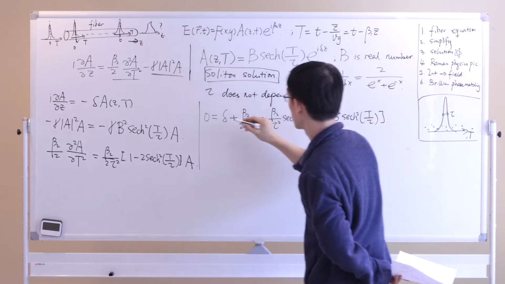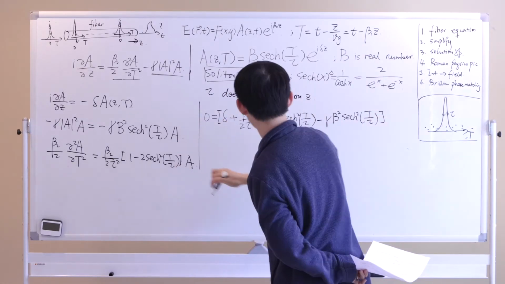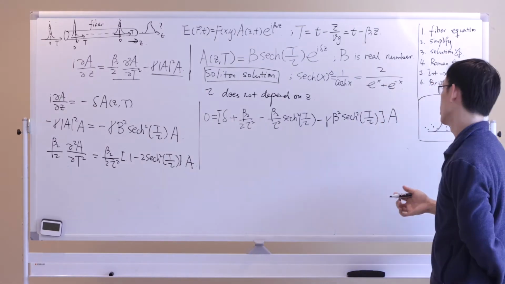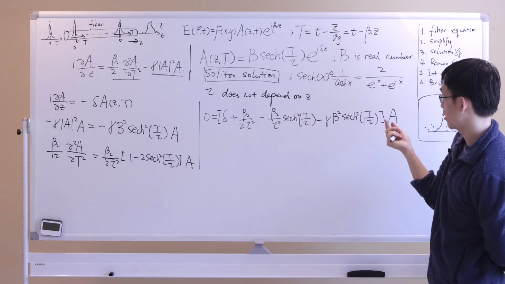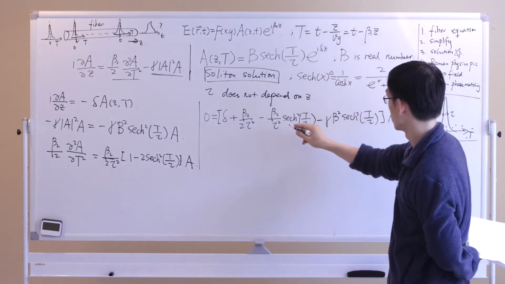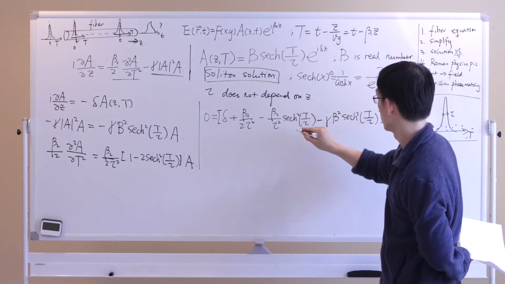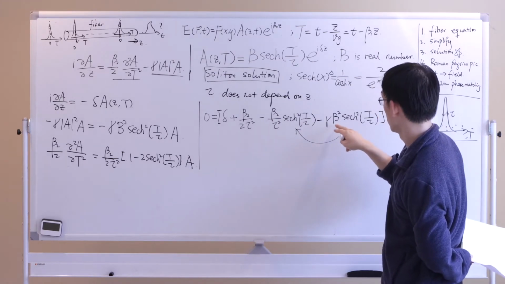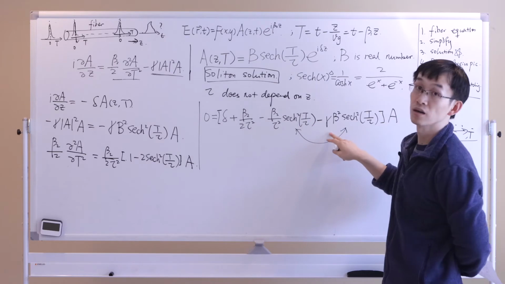And then this entire thing, everyone has an A here, right? So this entire thing equals 0. So now you can see how this can be balanced, right? There are 2 secant terms here. So if you choose the correct beta 2 and gamma,